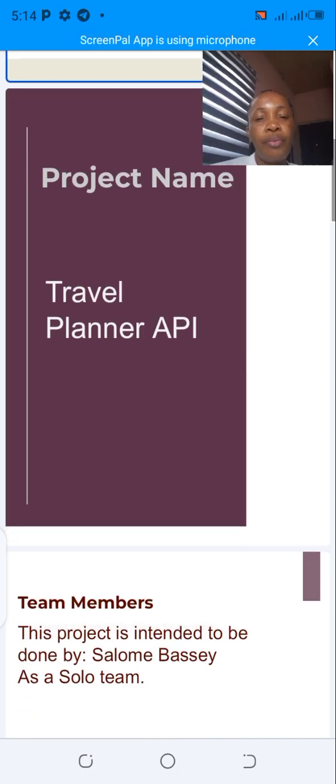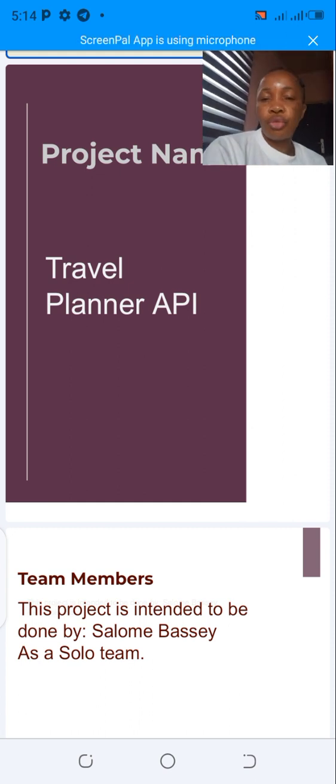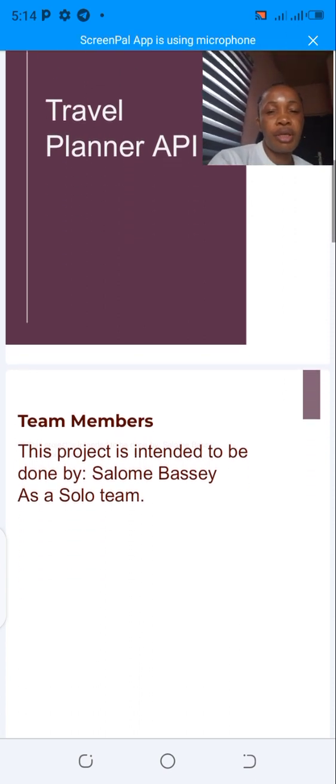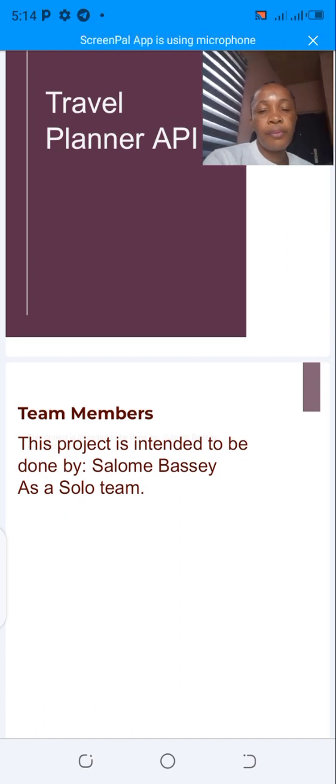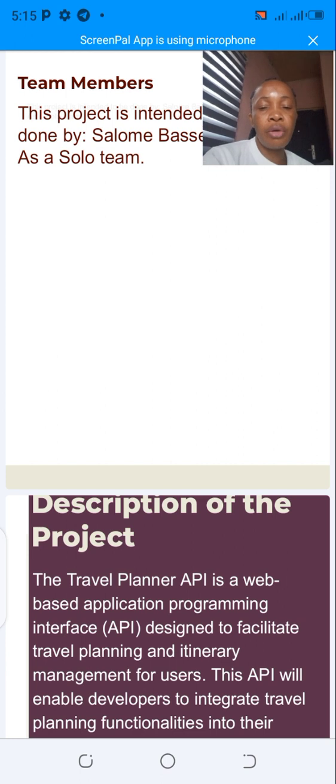So this project is actually intended to build a travel planner API, which is a backend project, and it's supposed to be with a team of 3 to 4, but I decided to make it solo, so Salome Basi is going to carry out